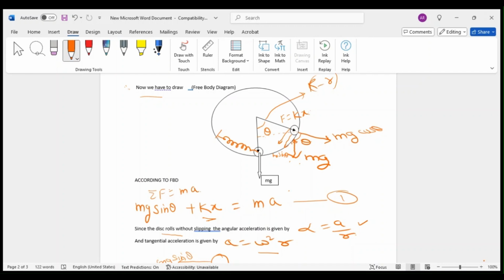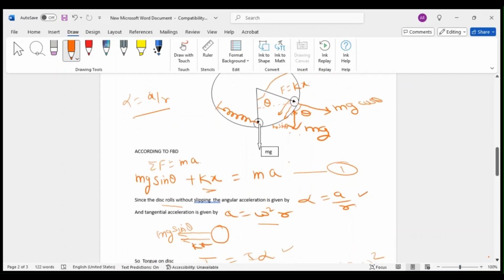Now, the point to be noted is that the disk is rotating, it is a rotational motion. So angular acceleration is given by alpha is equal to a by r. Why a by r? Because the disk is rotating without slipping. So there is one concept that alpha is equal to a by r, where a is the